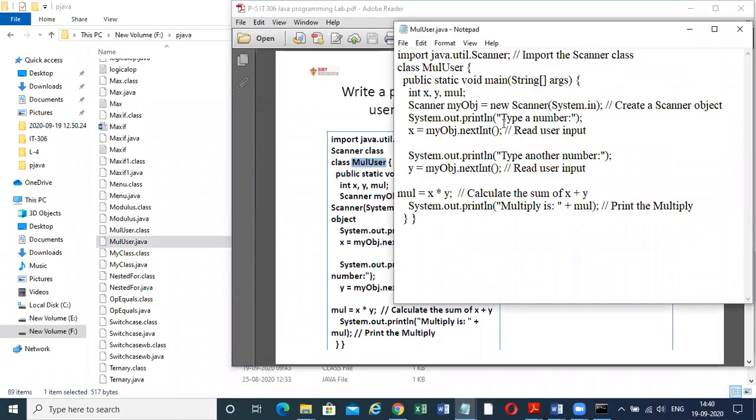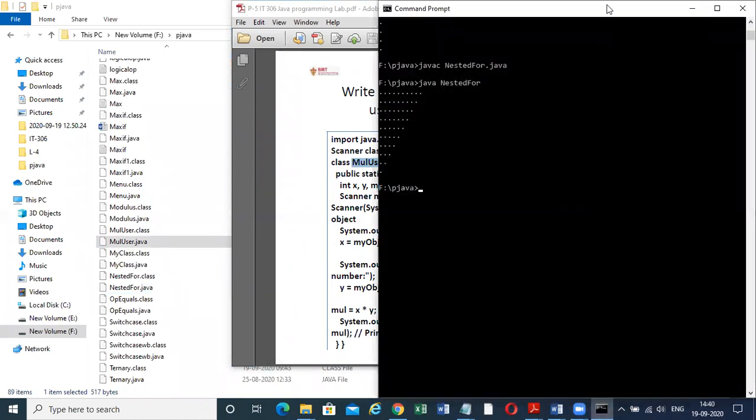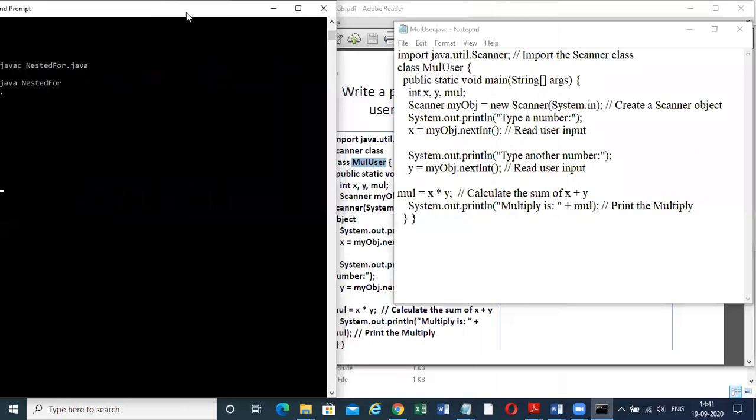Now here this is the program. It will take input from the user and give me the multiplication of that input given by the user. So for that I'm going to run the program.